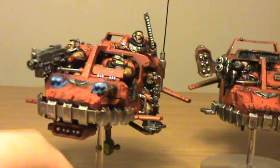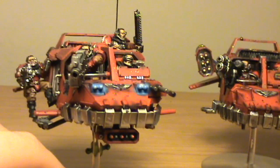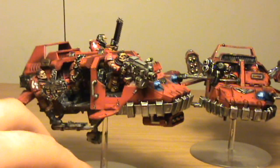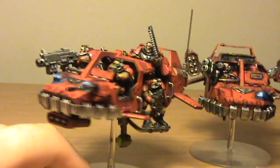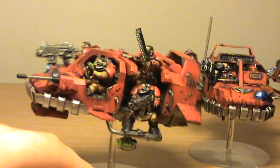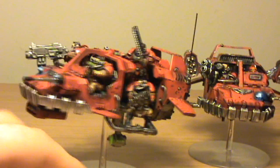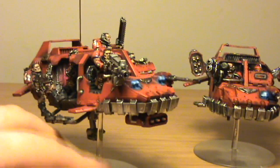But this is bringing me on to what I want to talk about. I've speeded up my painting techniques, and I want to show you the difference. Now, from this sort of distance, you can't really tell that I've skimped on detail and I've rushed. But I reckon 6 or 7 hours, and that includes 6 minis and the land speeder, all done with lighting